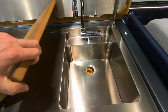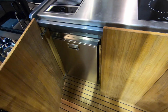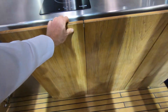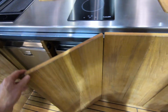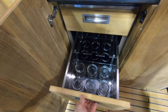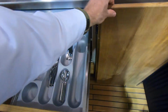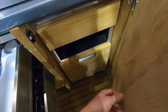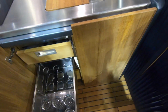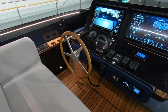big sink, again nice little wooden chopping board, and of course fridge in there, ice maker, really nice, again teak drawers for all your glasses, all the cutlery, and bin. Some lovely details there. And then the helm itself, big upright ship's wheel,